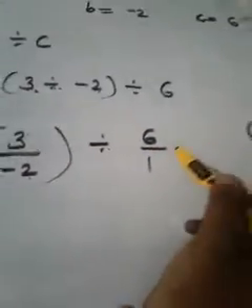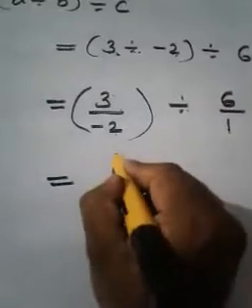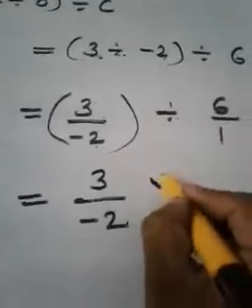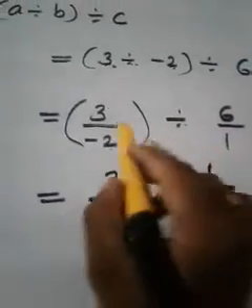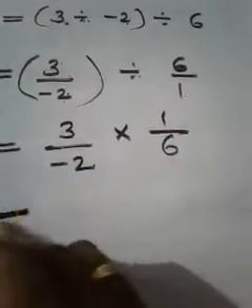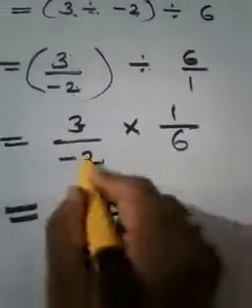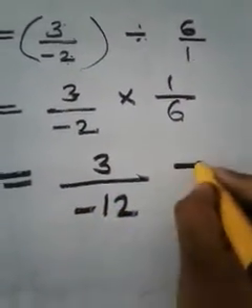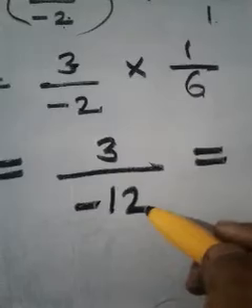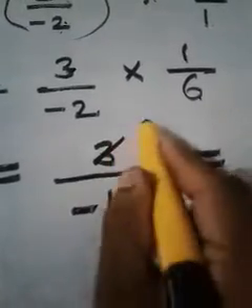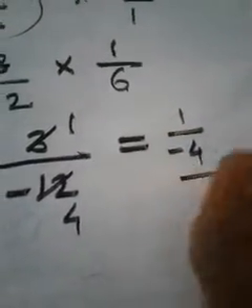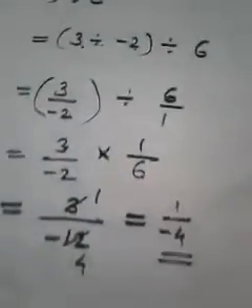No? Any problem? No. Now we just see, in the very next step we can write it as 3 by minus 2. This division into 6 by 1 will be 1 by 6. You know how to divide two fractions, just multiply with the reciprocal. That property I used here. So now what is 3 into 1? 3. What is minus 2 into 6? Minus 12. You can cancel. Which is common in both numerator and denominator? Think. 3 is common, no? In 3 how many 3? 1. In 12 how many 3? 4. Answer will be 1 by minus 4. Keep it like that.